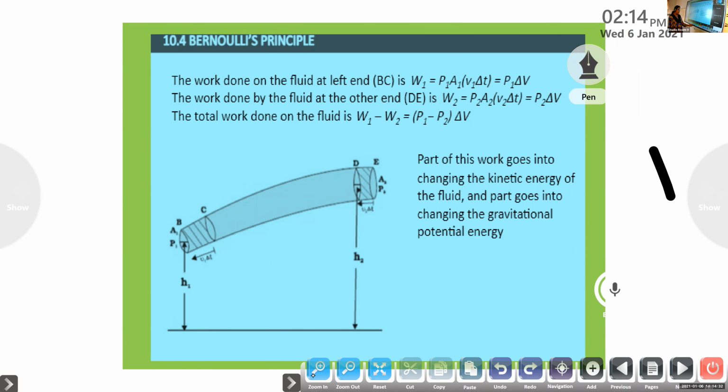So I'm not giving you again the explanation of that. We just consider the tube and take two regions A, B, C and D, and then by equation of continuity, we proceed with it. So that is the procedure of Bernoulli's principle, if it is for 5 marks.